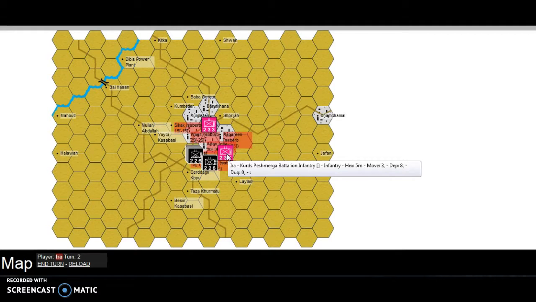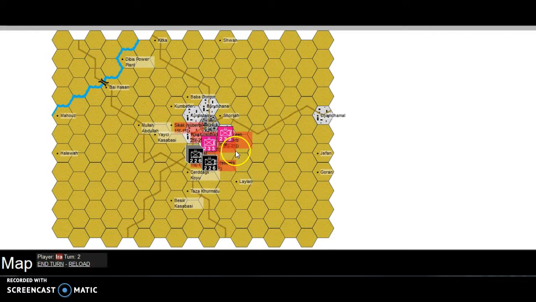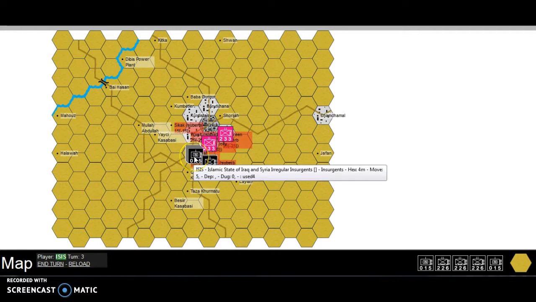I'm of two minds as to whether I'm going to retreat him back to there. Push him forward. Okay. Now, just to put this into some perspective, there's the insurgent unit. We're going to try again, but as you can see, fortunately, it doesn't work because if you look at him, he's at